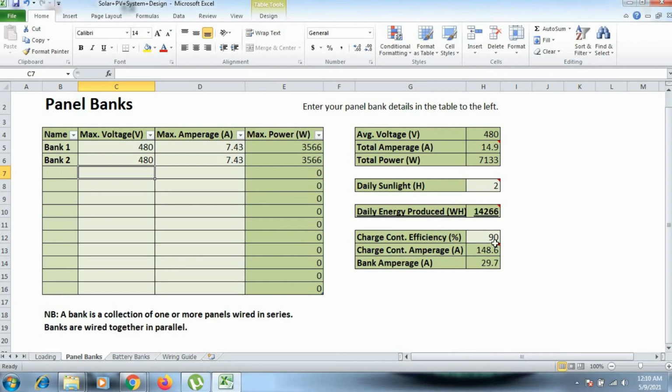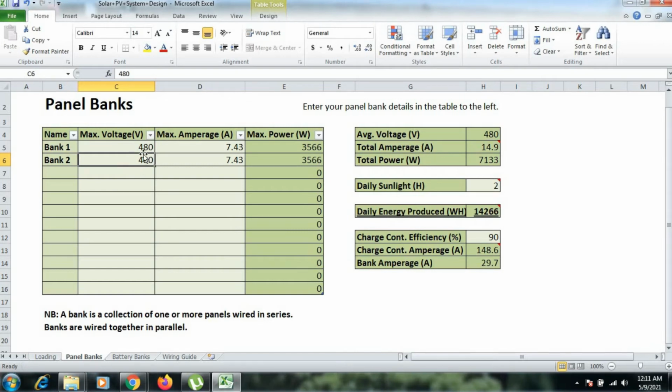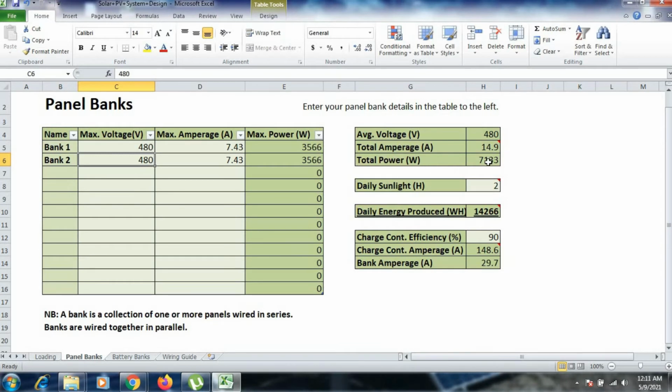Now you can see, when you are taking 12 modules of 40 volt output in a single string in series, and for another string again 12 modules of 40 volt output in series, this is satisfying our requirement. It is becoming 14,266 watt hour, and our total power that we are generating is 7,133 from this particular solar system that we have just now designed here.